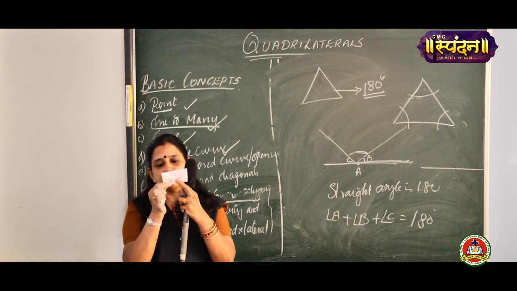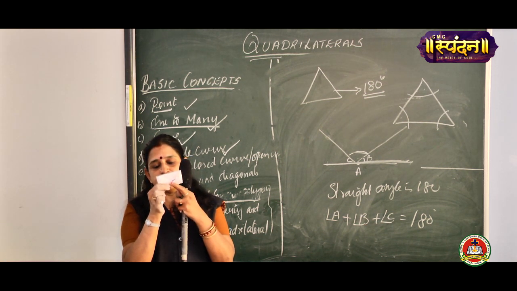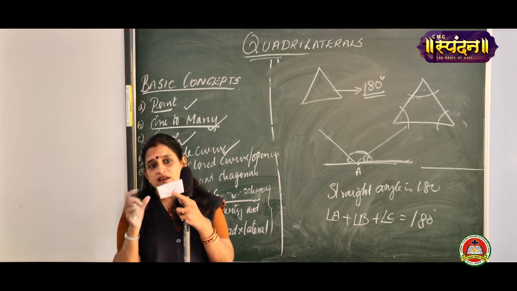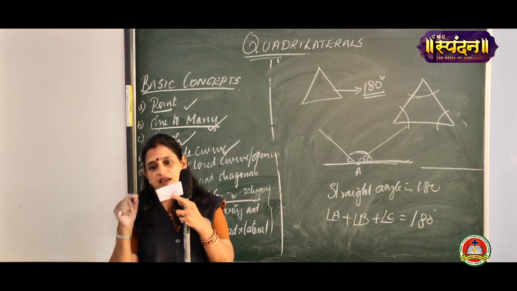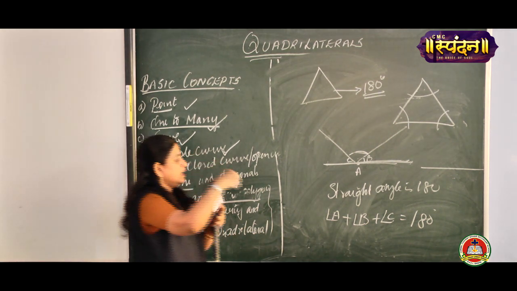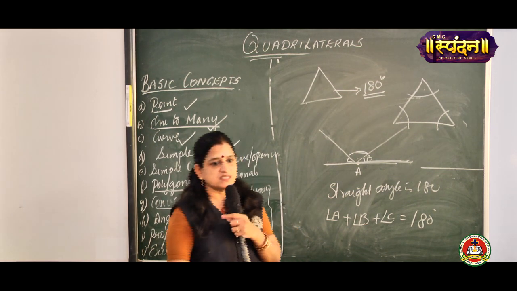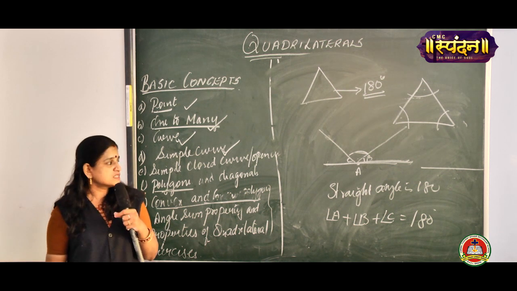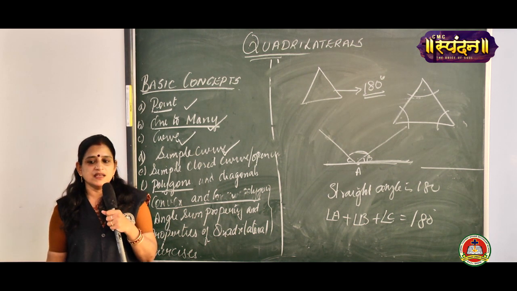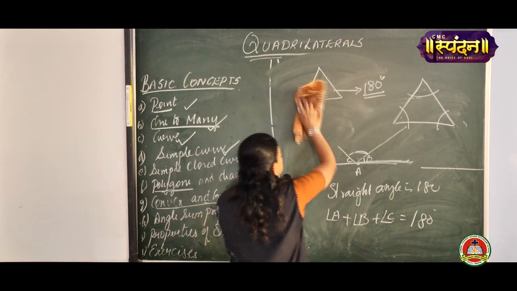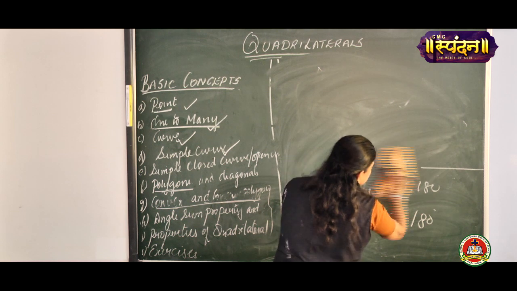Now if you observe in this figure, all the three vertices come and meet at a point, and they are on a line. So what is a straight line? What is the angle in a straight line? Angle in a straight line is 180 degrees. Therefore, we can say angle A plus angle B plus angle C is equal to 180 degrees. You try at home today to make this and prove angle A plus angle B plus angle C is equal to 180 degrees. Now, let us come to the topic.